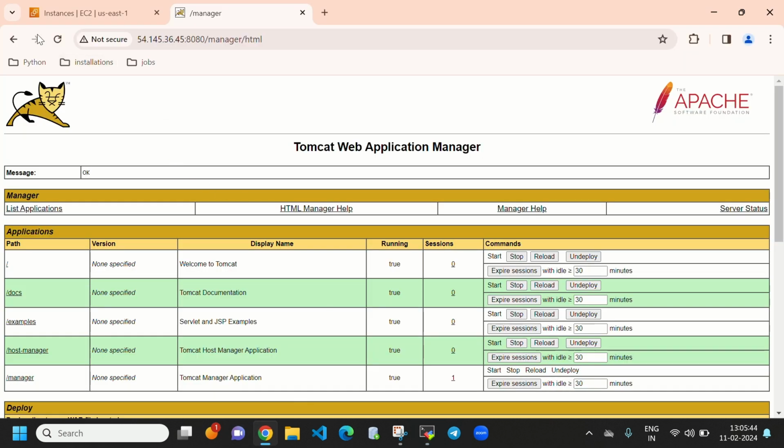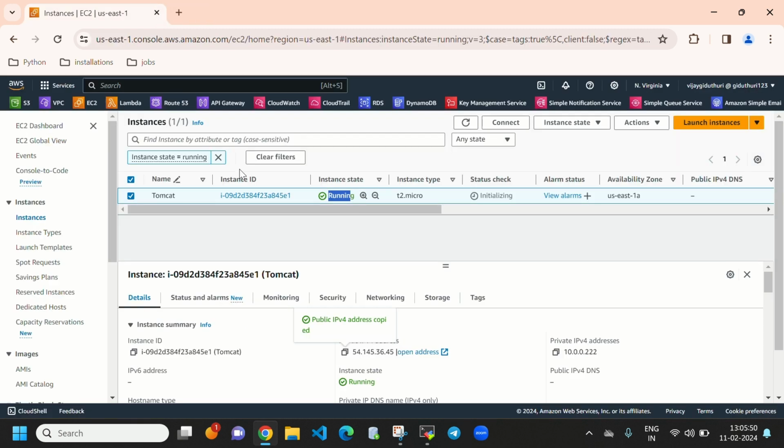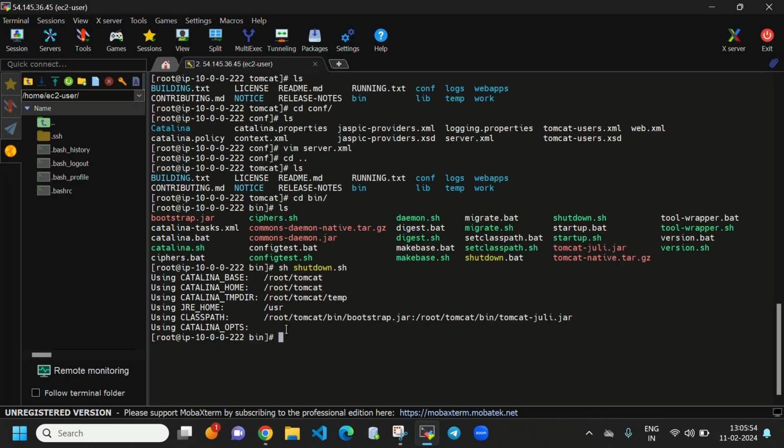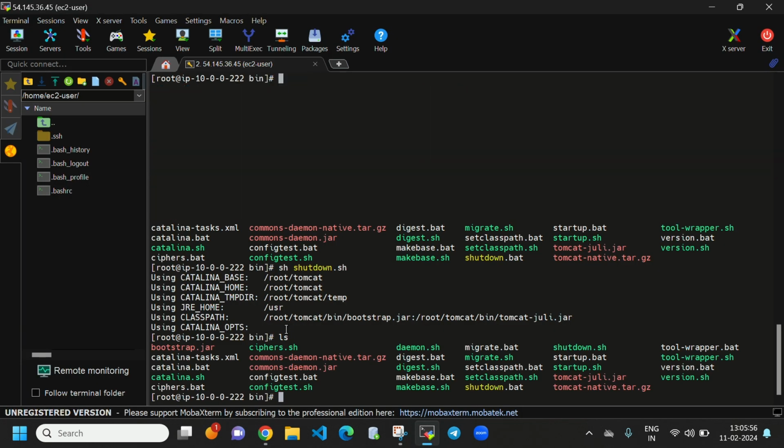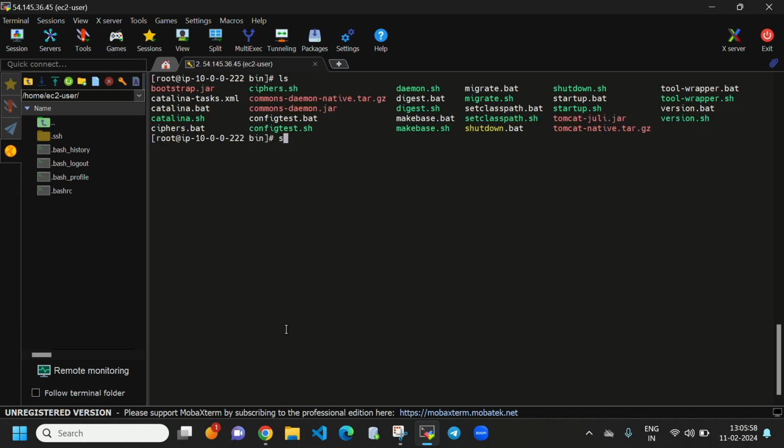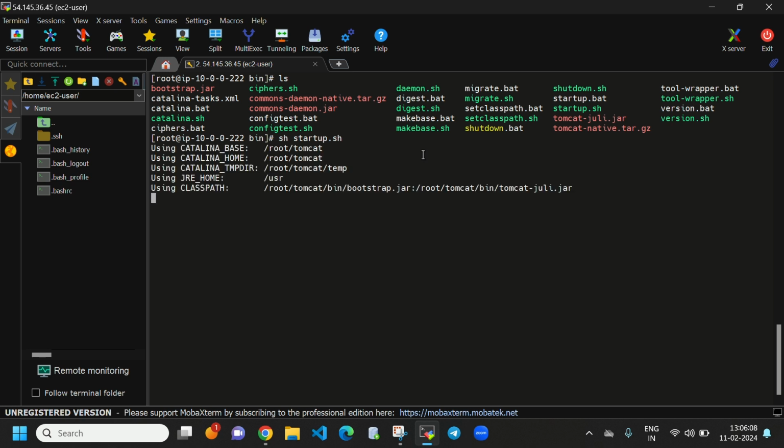And when you reload this, the page will not be loaded because we shut down the server. Let's start the Tomcat server first. ls, startup.sh. Here you can see startup.sh to start our Tomcat server.